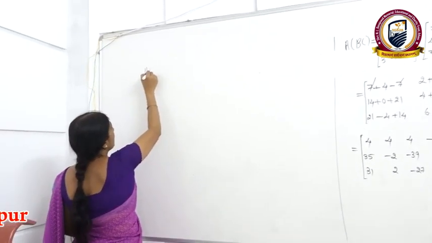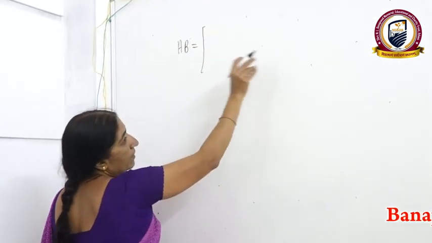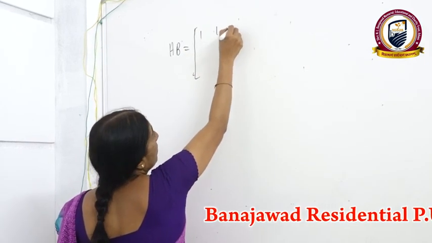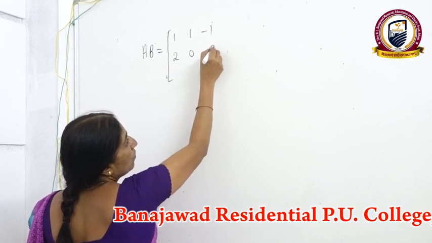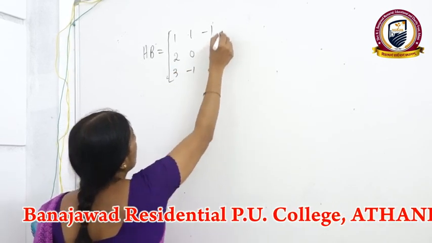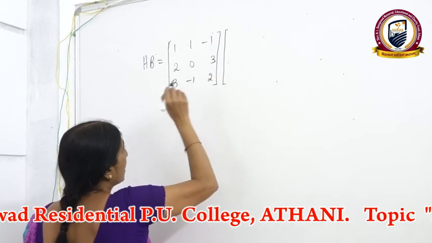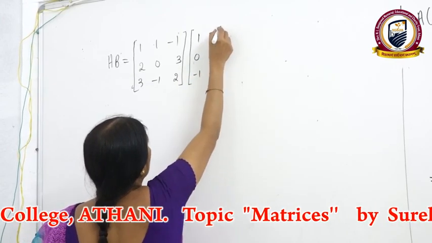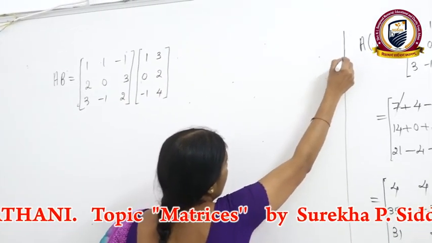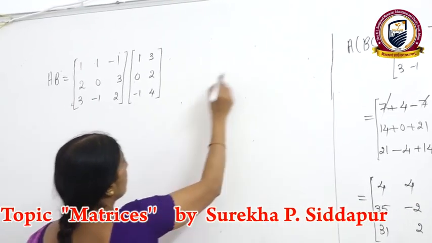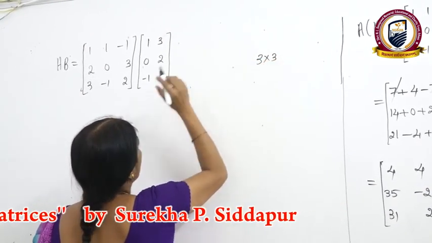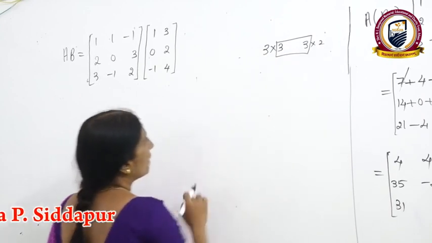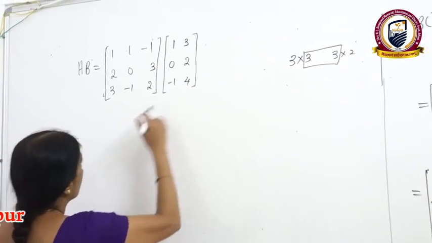In the next part, first I am writing AB. See, write down the matrix C. What is the matrix A? See, I wrote there. It is 1, first row. 1, 1, minus 1, 2, 0, 3, 3, minus 1, 2. And write down matrix B. Already I gave you the matrix B. It is 1, 3, 0, 2, minus 1, 4. And on the side, check what order the resulting matrix will have. Here A has the order 3 by 3 and B has the order 3 by 2. Then the resulting matrix will have the order 3 by 2. See whether you will get or not. Definitely you will get. See that multiplication.